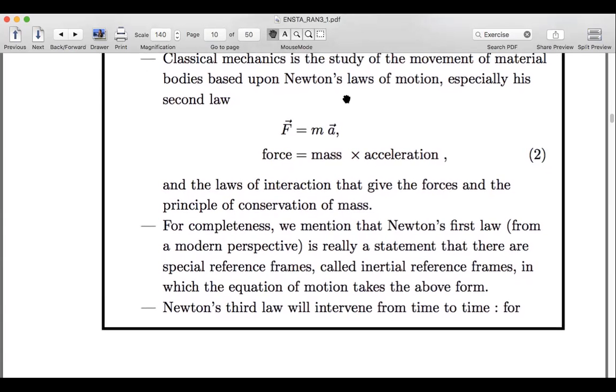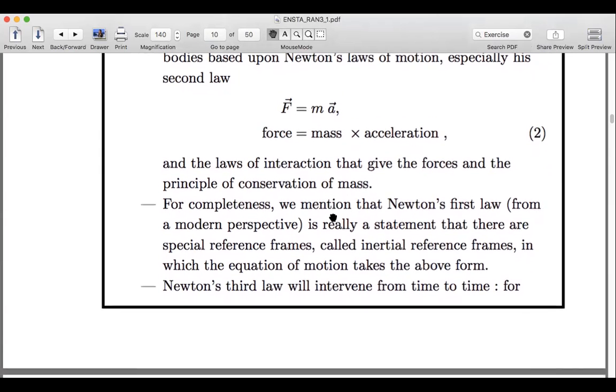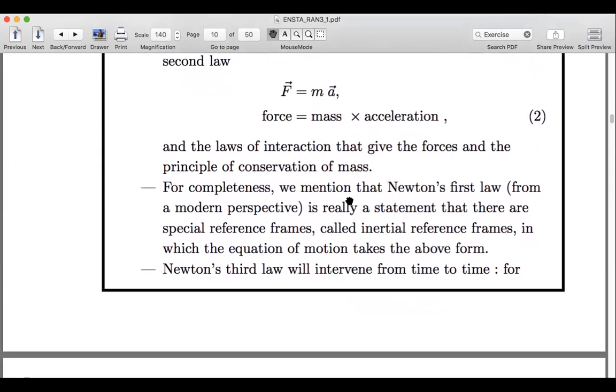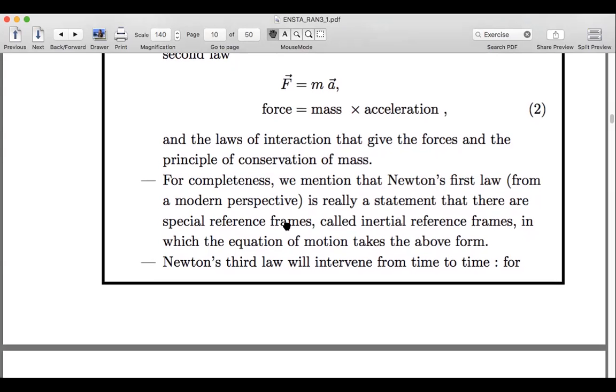Okay, so classical mechanics is based on this fundamental law of Newton, especially the second law, and then the forces follow from laws of interaction, and we also have the principle of conservation of mass in Newtonian mechanics. And I'll just mention that Newton's first law,